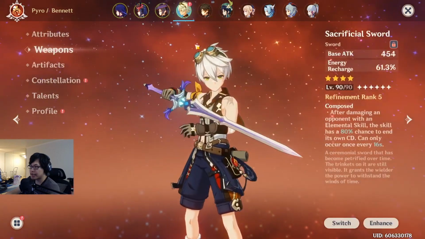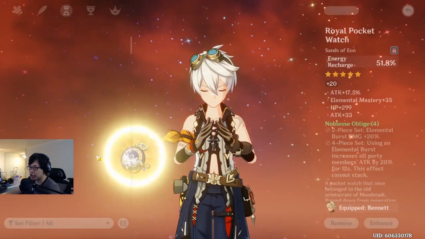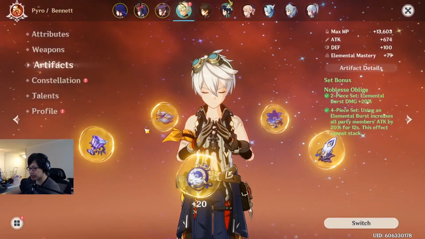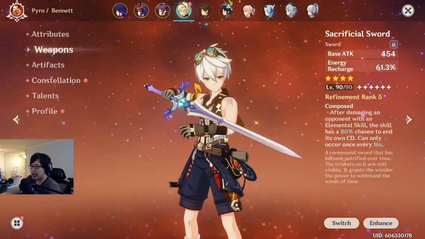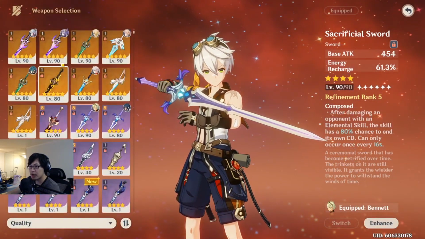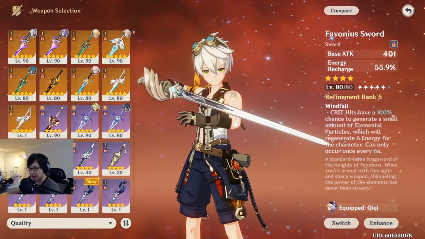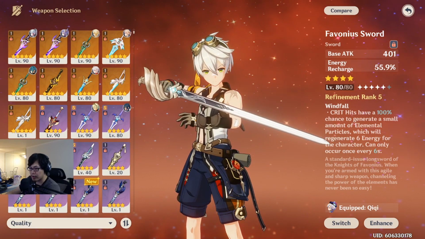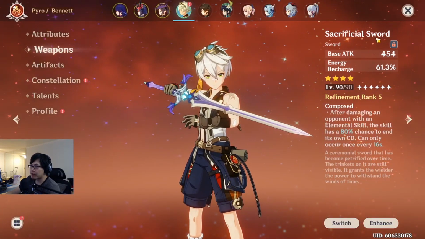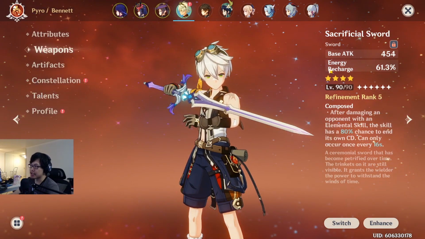And he has Sacrificial Sword and, what is it? An energy recharge timepiece. I think so, yeah. So that's probably why his energy recharge is so high. Beforehand, he was using Favonius Sword. Where is it? This one, I guess? Yeah, I guess this was the Favonius Sword that my Bennett was using, and I swapped them over to a Sacrificial Sword instead, just to see if